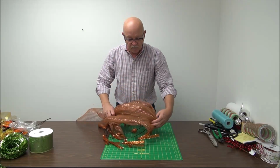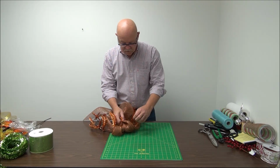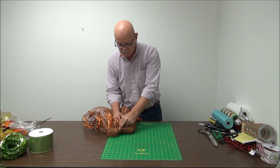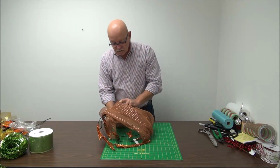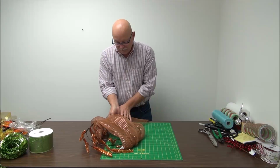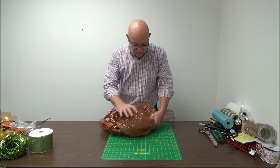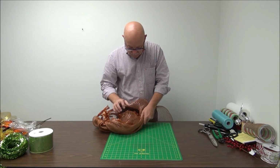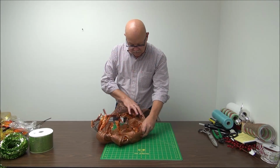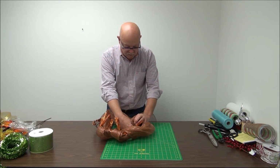Okay, so I'm going back around across the front, and again we're going to come down to the next set of ties in the back. This will make sense as I go along. Hopefully it will make sense as I go along. Another layer here. And that's the outside edge of the pumpkin. Okay. We want to bring that across. And this outer side is the trickiest to get into the right position, but a little bit of persistence and you can get it